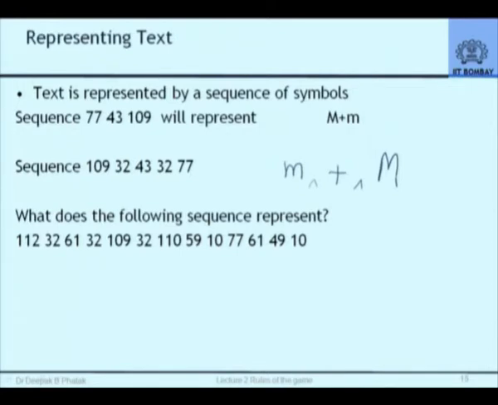This has a small significance which I would like to explicitly mention. In terms of writing a computer program, and we have seen a program written for Dumbo, we have seen a program written for C++, I hope you will agree that logically and semantically, there is no difference between capital M plus m and small m blank plus blank capital M. Logically, there is no difference. Both represent the same, adding two values. However, syntactically, these two are completely different sequences of symbols. They may mean the same thing.